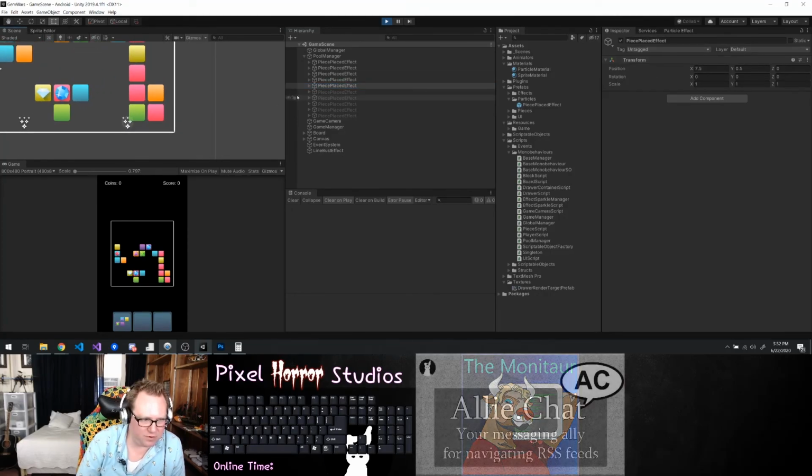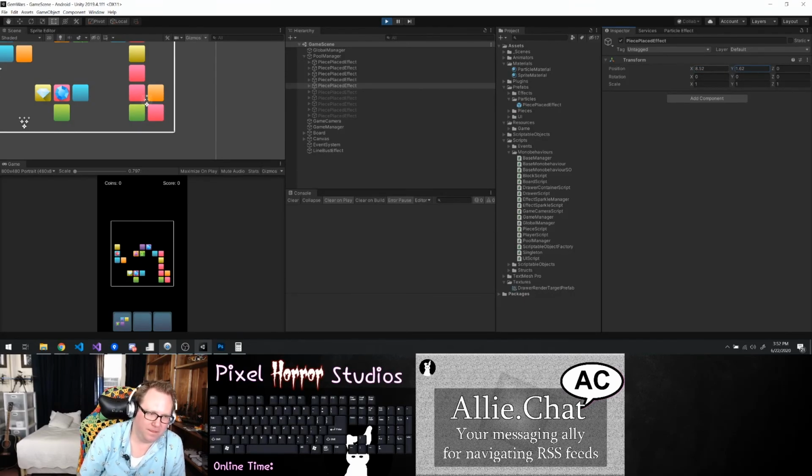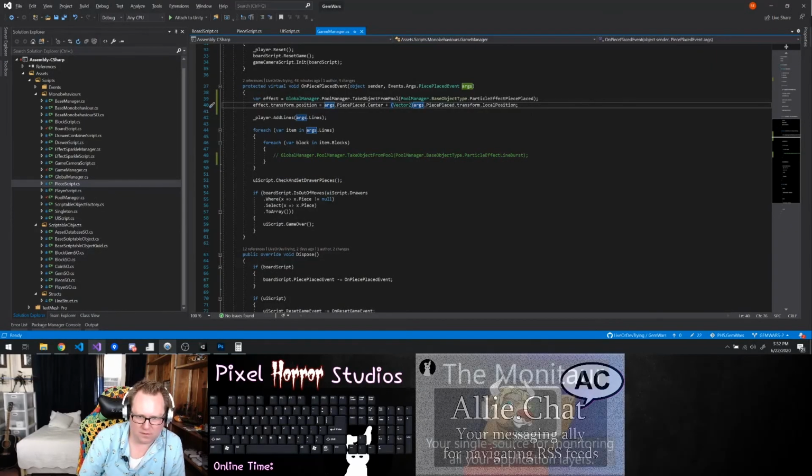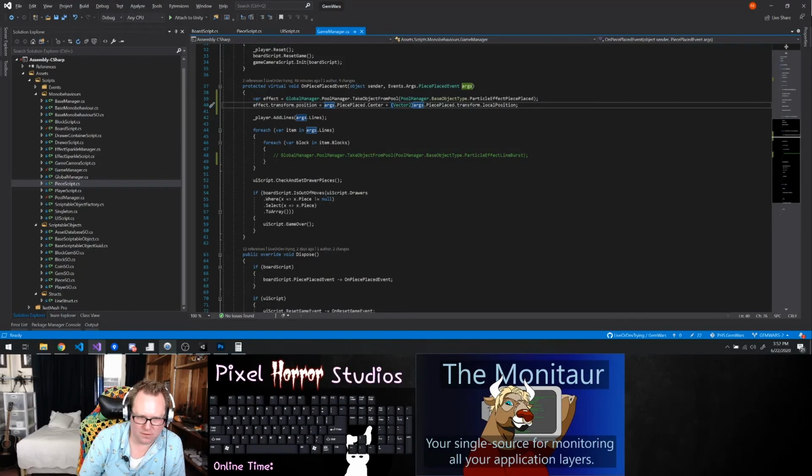It's at 7.5. It shouldn't be there. It should be at, so it's the effect position. So that means that this dot position